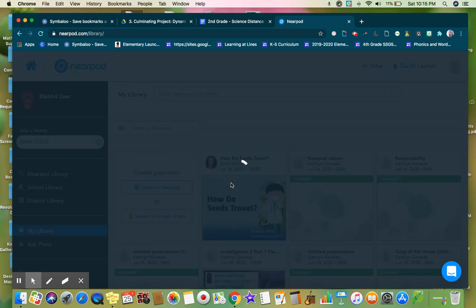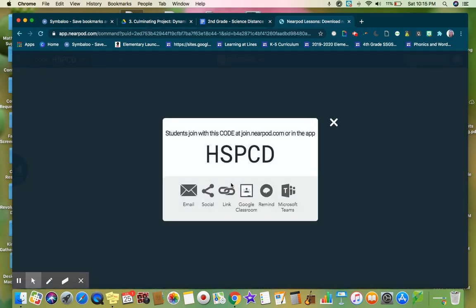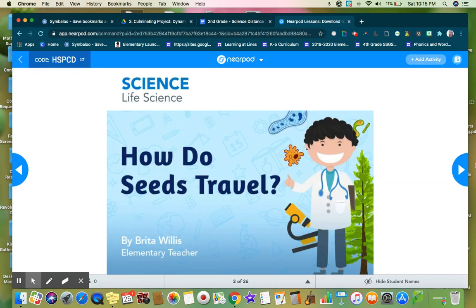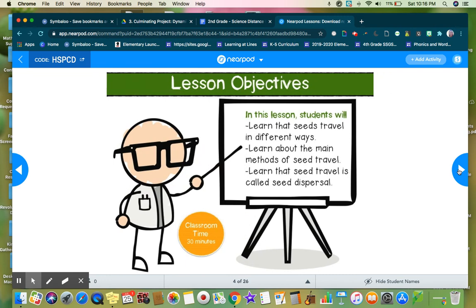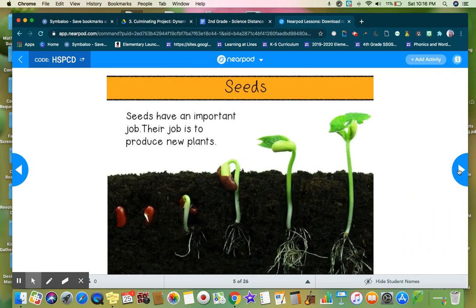And in that case, you would click live lesson. And at the time, you can do this in a Zoom. So you would already have your Zoom engaged, and on your screen, you'd be showing this screen, and then the students would go to nearpod.com on their iPads and then click in this code. The nice thing about this is you control then the pacing of it, and you can have those